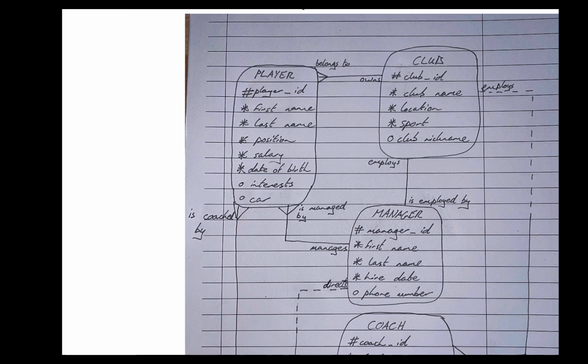So you can see for each entity we always have to define its unique ID. The easiest way is player underscore ID or manager ID, and that ID could be auto generated 1 2 3 4 in a sequence, auto increment sort of thing, right? But in your case, when you are a student of NUIG, that ID is not auto generated. It's not 1 2 3 4 5 in some sequence, but it has some roll number, and maybe this roll number can signify, okay, if someone has a roll number starting with 19, does it mean that he or she enrolled in 2019 to this university or no?